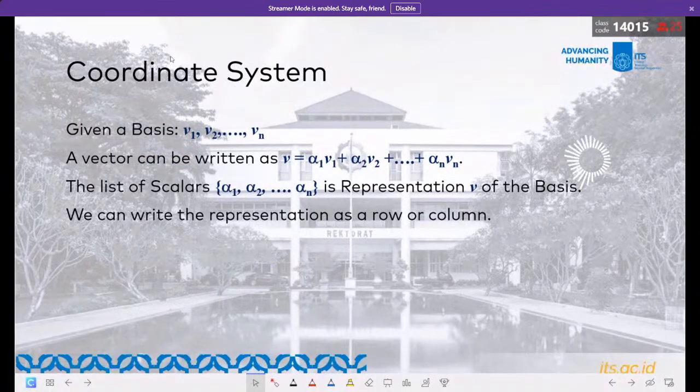This is the coordinate system. The requirement for coordinate system is basically a basis. You need to have a basis. If it's in 3 dimensions, then you need 3 vectors as the basis. And then all the vectors can be written in this format. And if it's the case for the 3 dimension, it should be alpha 1 v1 plus alpha 2 v2 plus alpha 3 v3. And then here we go. The representations of that